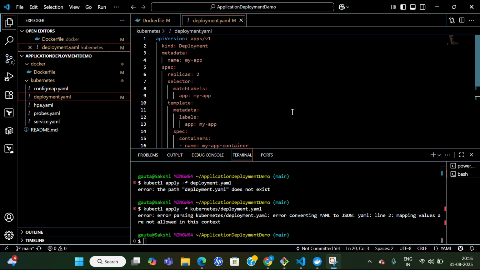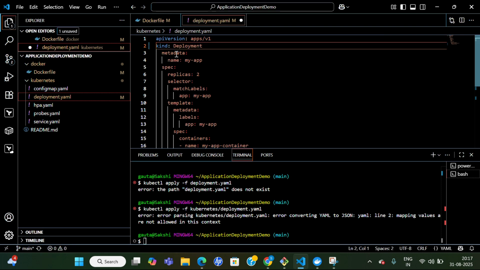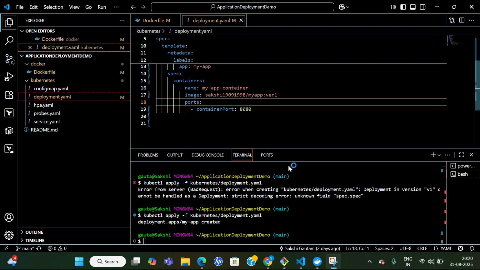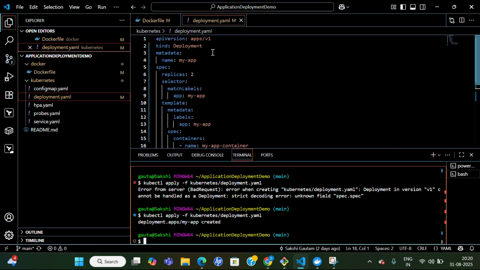And what is the error, if you can find it? If you can see, the YAML is not correct, the indentation and all. So we need to correct this in order to run. So let's do the correction. After making the changes to the indentation of the deployment, we just did kubectl apply -f, and you can see that the deployment my-app got created. So if I run kubectl get pods,